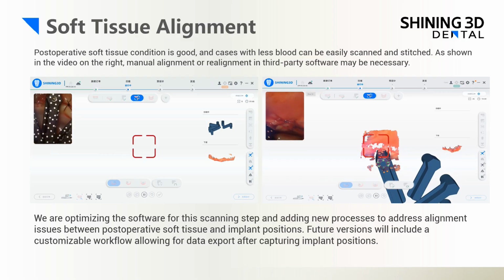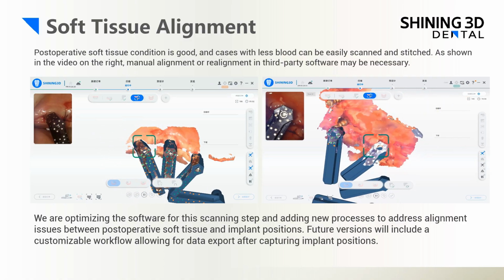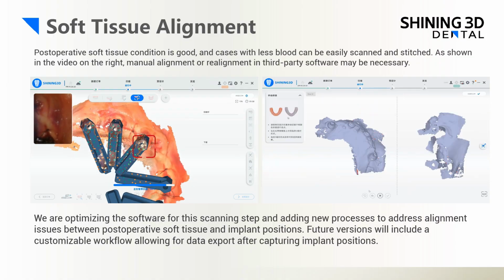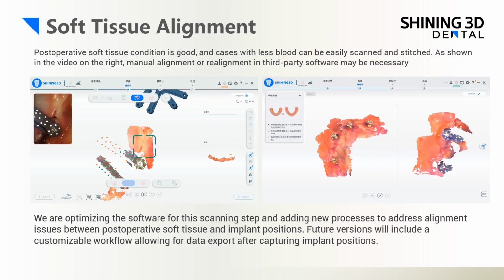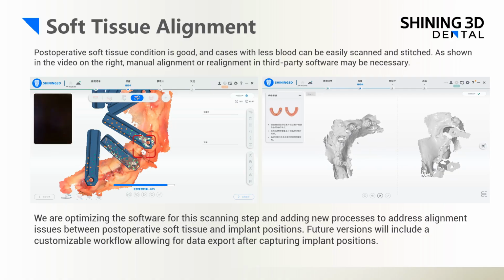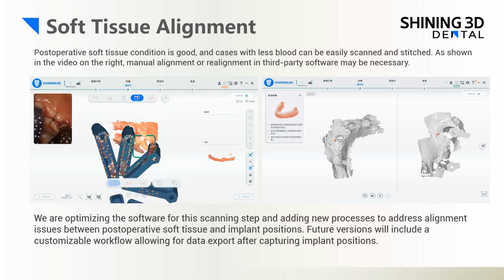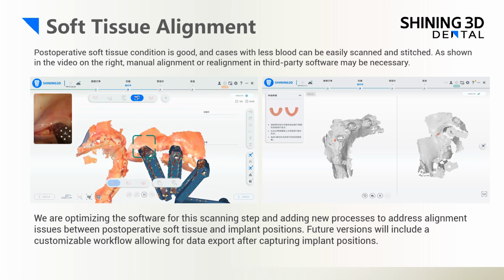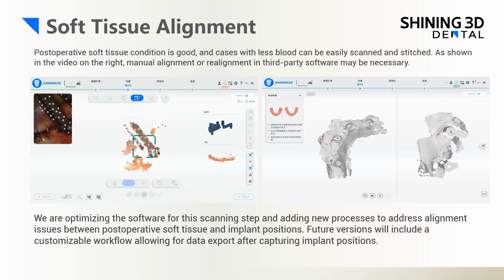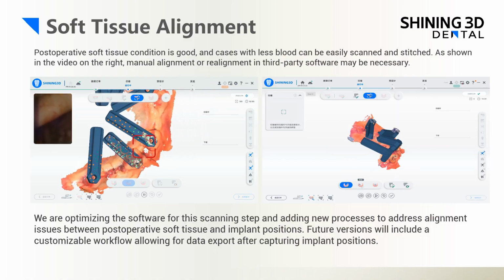If we move to the soft tissue alignment step, you will notice that we provide two different ways to do the alignment. We usually use the automatic alignment by default, but sometimes, because we cannot make sure that every technician or every dentist will have the same level of perfect suturing for this kind of immediate loading case, if there's excess blood or saliva posing great challenges for the data alignment, we also provide a manual alignment for the soft tissue with the high accuracy coded scan body. So no matter whether the case is good or bad for the scanning, we can always align these two sets of